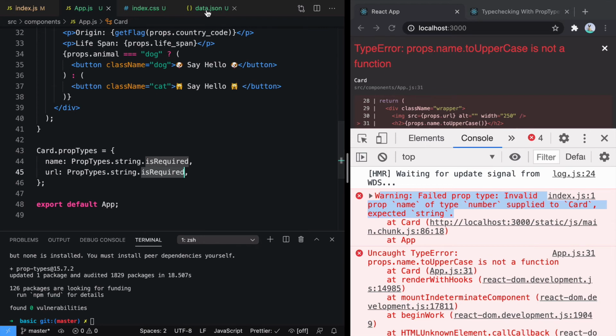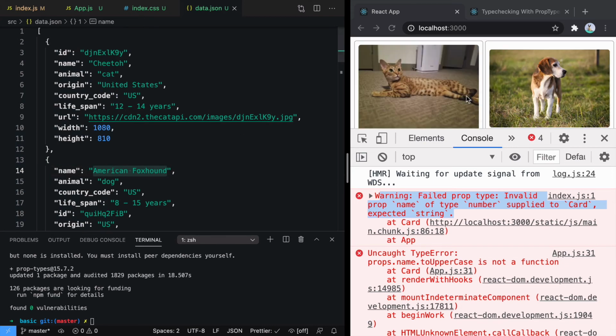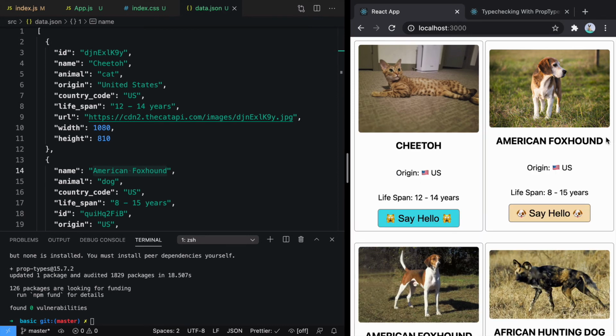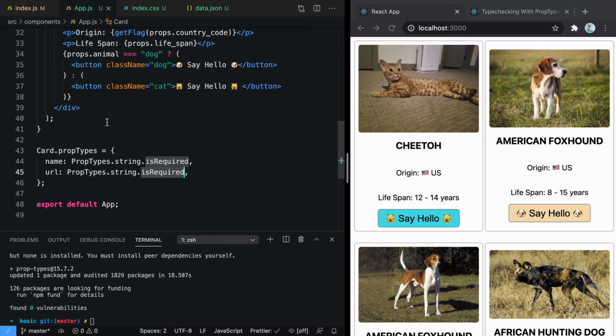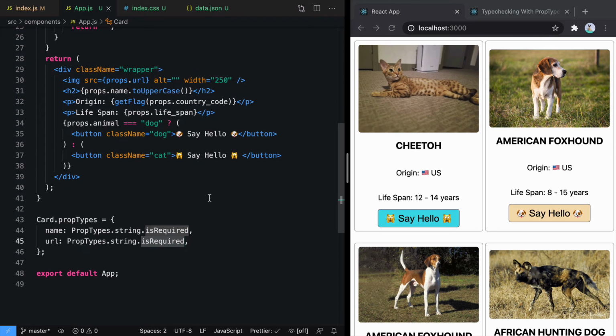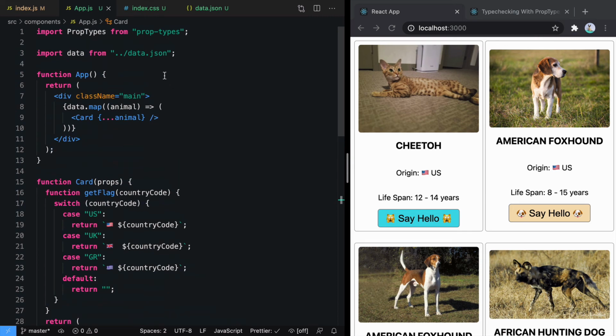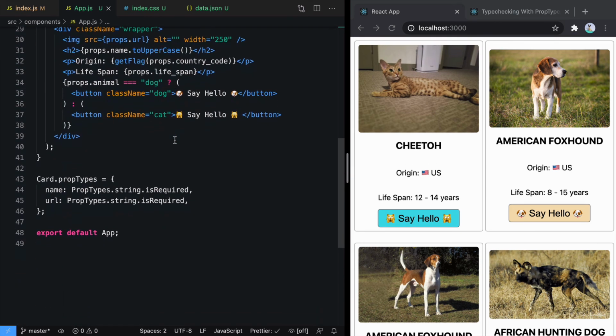Then we can go ahead and look for where the name is a number, figure it out, fix this, and our problem will be solved. So this makes your life easier in terms of finding the problem. Otherwise, it becomes really hard to find this kind of problem. In this way, we learned about a new package known as prop types that helps us in doing type checking for props that we are accepting for components.